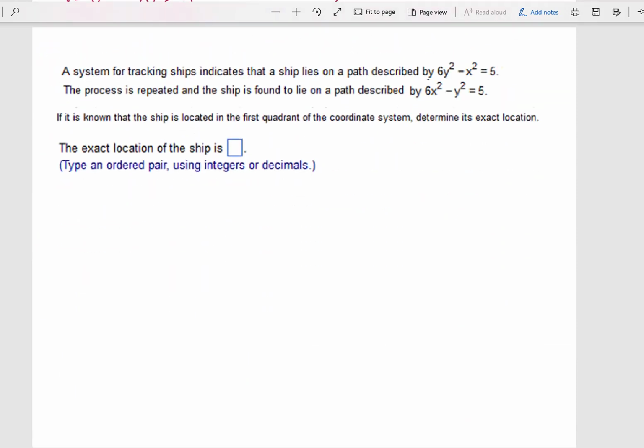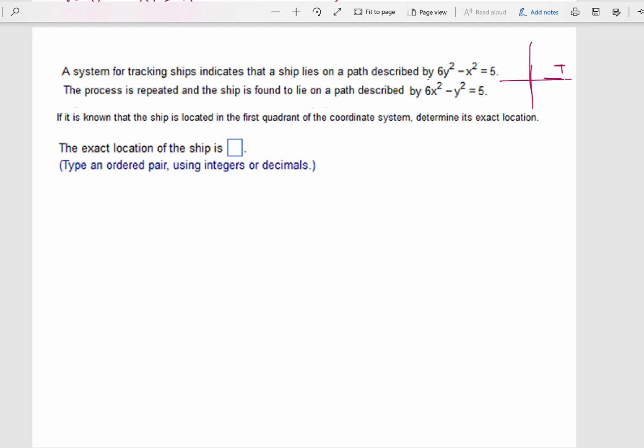Okay, so this word problem says a system for tracking ships indicates that a ship lies on a path described by 6y squared minus x squared equals 5. The process is repeated and the ship is found to lie on a path described by 6x squared minus y equals 5. If it is known that the ship is located in the first quadrant of the coordinate system, so real quick with our coordinate system,